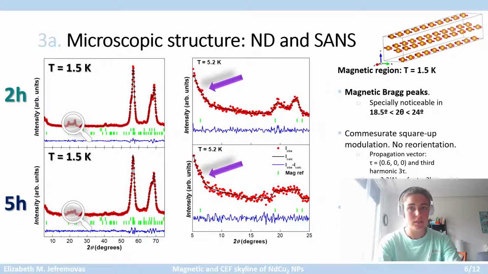If we go to the temperature region between 0, of course, and the reorientation temperature that took place at 4.5 Kelvin, and the Néel transition, meaning the incommensurate region, we do not observe that this magnetic state would be compatible with the incommensurate description that was held for the bulk alloy. So the nanoparticles do not account for this incommensurate transition, meaning that they keep the commensurate square-up modulation in the